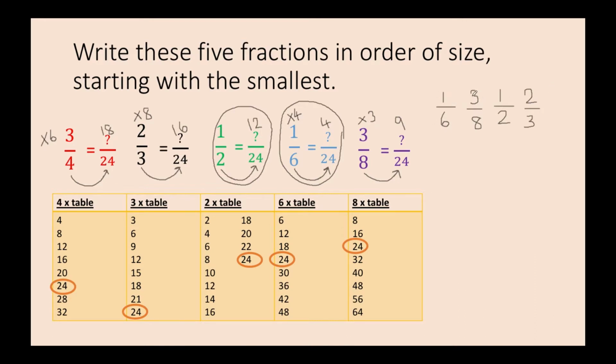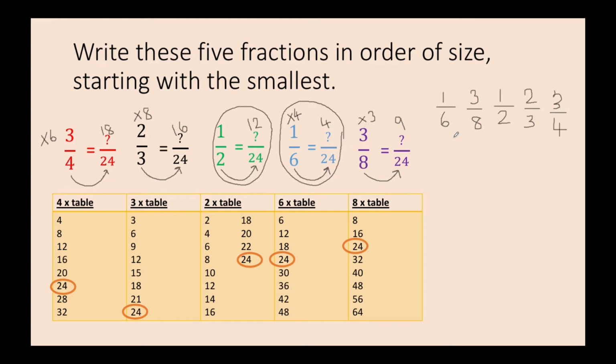Smallest one here. Starting with the smallest, next one, next one, next one. Okay, so 3/4 was the most. Now, oops, that's not very good. 3/4 was the most. Now you might notice that it makes sense because 3/4 is bigger than a half, and 1/6 is